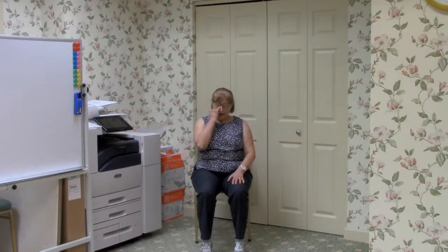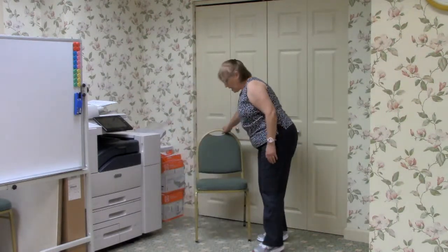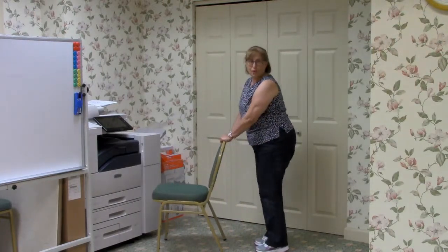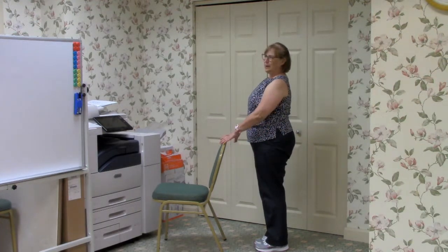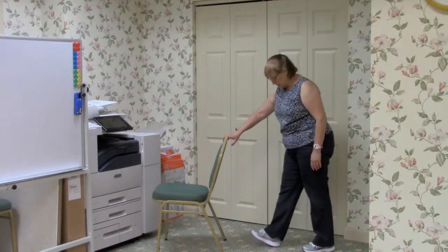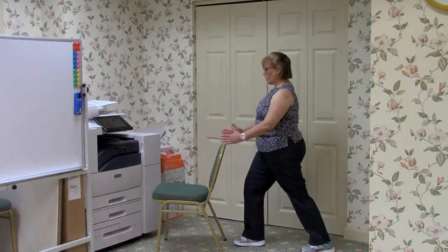Good. And rest. We're going to do our warrior and our variation with that open twist standing today, but you know you can do it seated. All right? So your choice, seated or standing. If you're going to stand, you might want to have your chair in front of you or by the side of you, whatever feels good. So here we are, coming into a runner's stretch stance, bending into the front knee, hips are pointing toward the